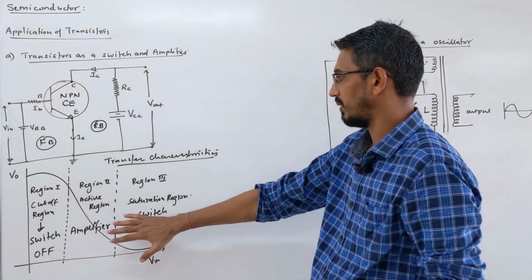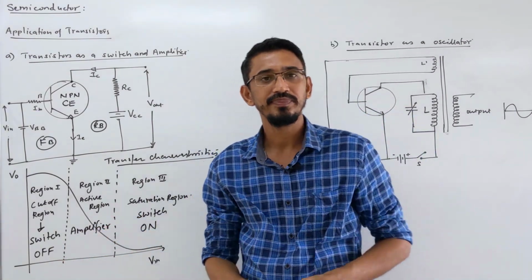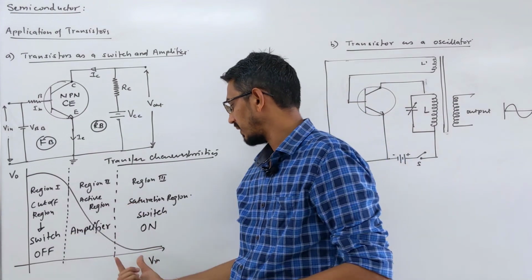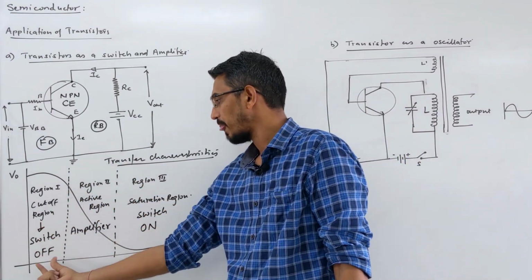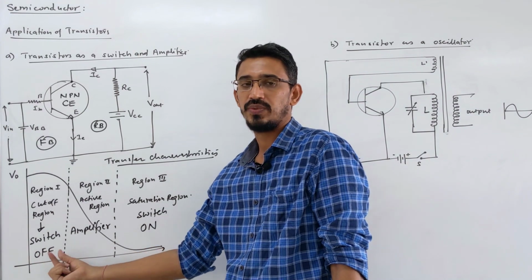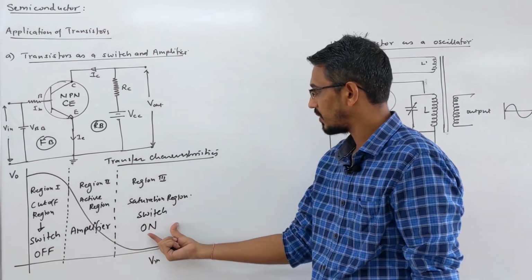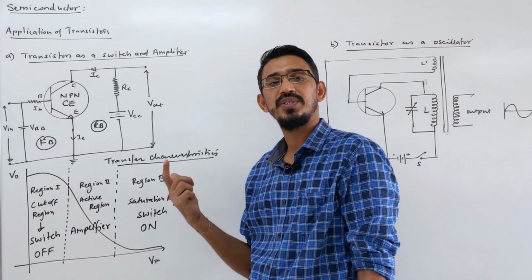So it's a very important curve. This was already asked in our exam, to identify where the transistor works as a switch, and a switch is on and off, right? So the first region is called the cutoff region. It works as a switch, and the switch is off. And the last, the saturation region, works as a switch again, and the switch is on.